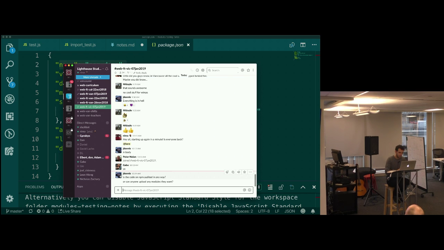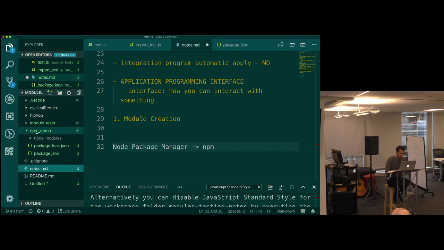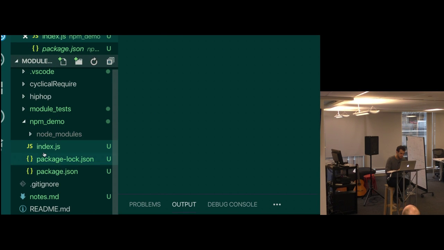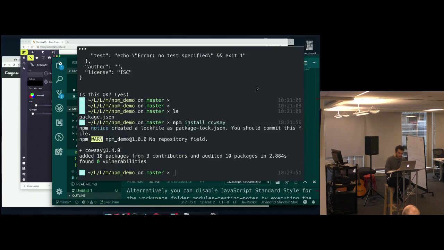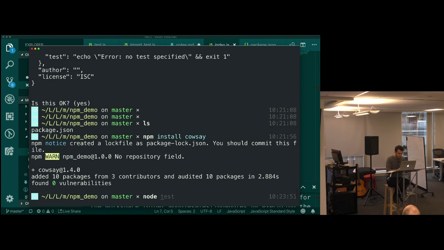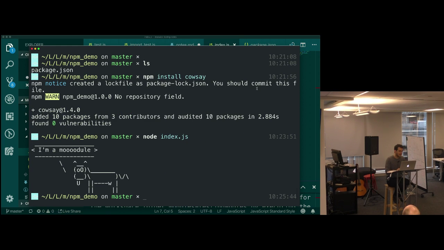Great question here. Could you remind me to answer that in a second? Awesome. Thanks. So I'm going to just bring that into this npm demo folder and make a new file. I can call it whatever. I'll call it index.js for no real reason. Paste in that cowsay stuff, and then run it. Node index.js. And I got my cow, right?